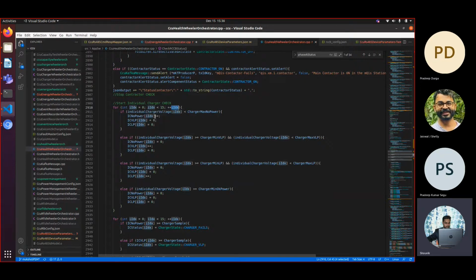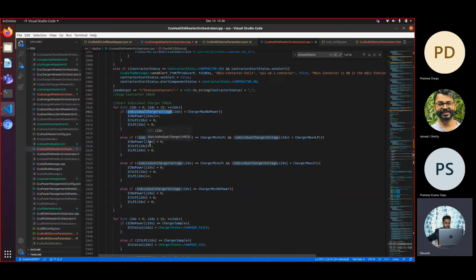We are checking the individual voltage for that charger. If it is below the maximum no power, that is 10 volt, then we are incrementing the individual charger no power counter by 1.